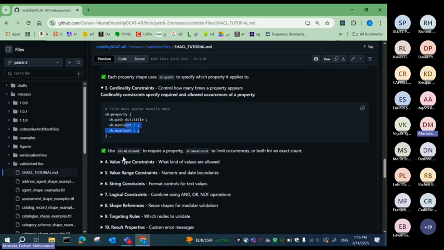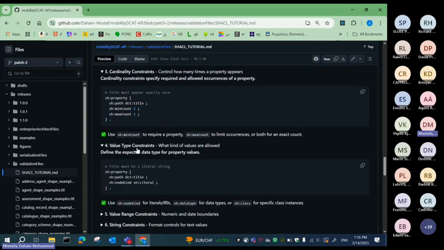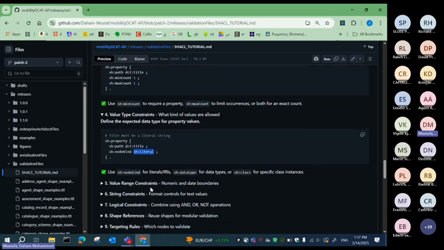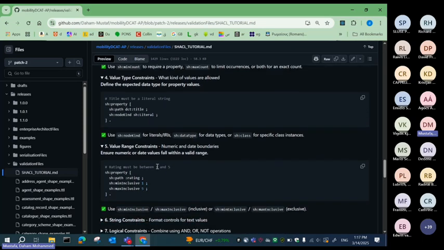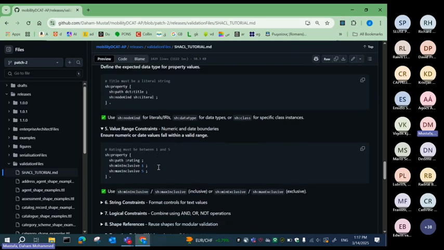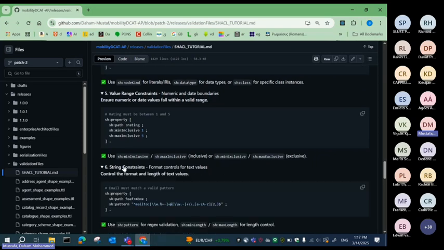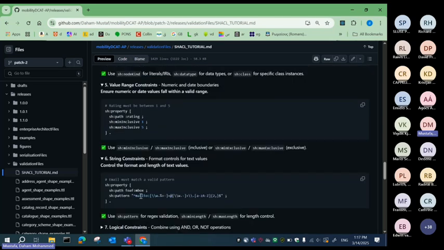DCAT title. And we can also use other constraints, like we can specify which data type this DCAT title should have. For example, here we can use node kind from SHACL. We can define it as a SHACL literal, meaning the title should be of type string. And we can also define a specific range, how many times this can occur and so on. We can use min inclusive and max inclusive from SHACL, or we can directly specify not a literal, but a string. And we can also apply the